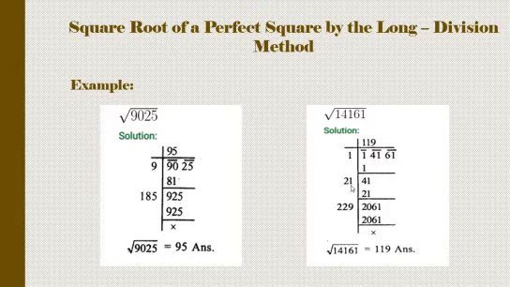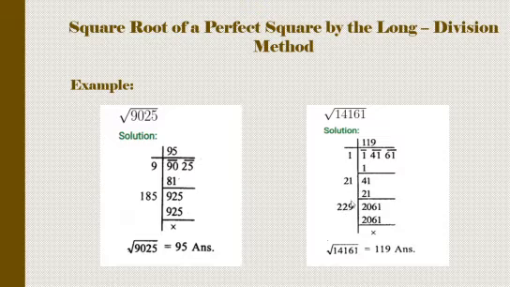So we will again choose 1. So 21 into 1, we will get 21. Here again we will write in the answer 1. Then add that 1, 21 plus 1, we got over here 22. Subtract it. After subtracting, we got 20. Then next 61, we will bring it down.